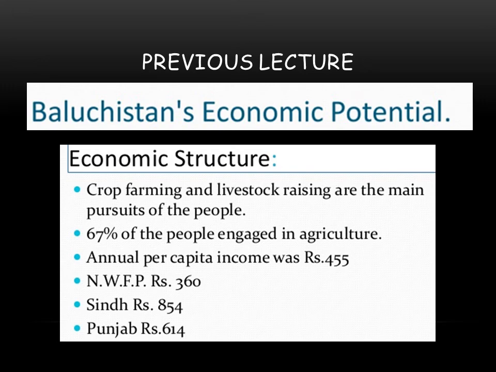In the previous lecture, we learnt about Balochistan's economic potential, and I told you that Balochistan, being the largest province according to area and with vast untapped resources, has remained very neglected, and the population density is very low there. In southwest Balochistan, the population density is 10 people per square kilometer. Then we talked about the water resources of Balochistan, and no major source of water. The province faces a scarcity of both drinking and irrigation water.